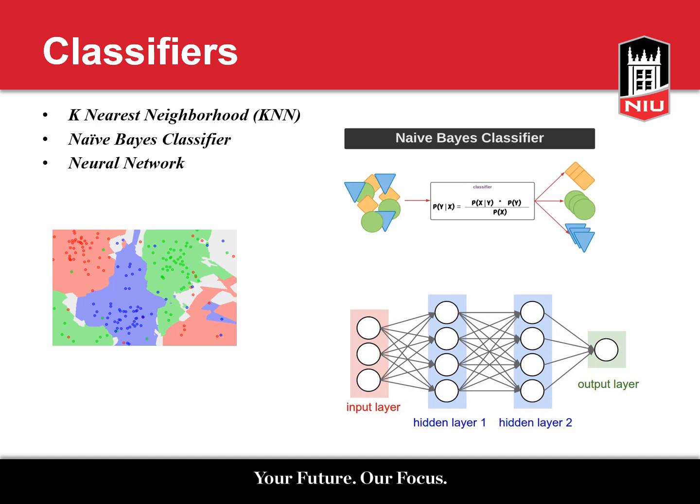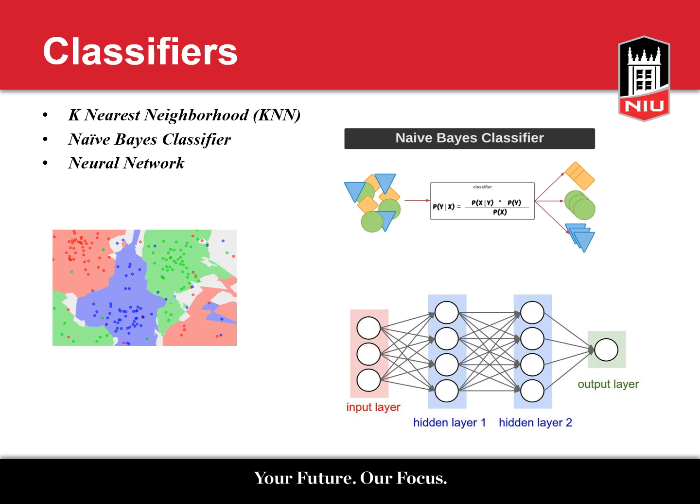Now the classifiers we use in this project. We tried k-nearest neighbors, KNN, like this one. So find the nearest neighbor, which will determine the class. We also have the naive Bayes classifier, and we also use a neural network with some hidden layers. So there are three very popular classifiers. We also try to apply these classifiers to our problem, to see which one gives us